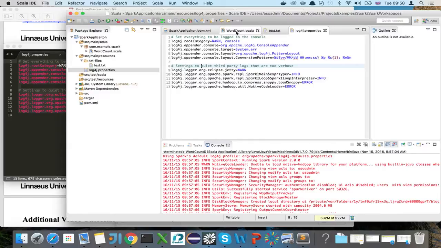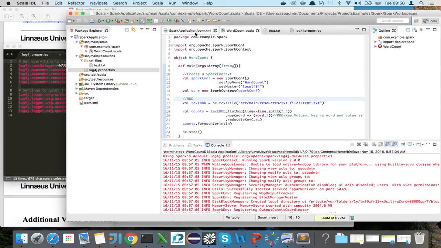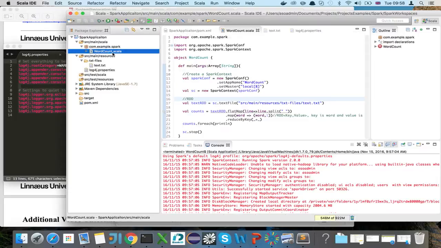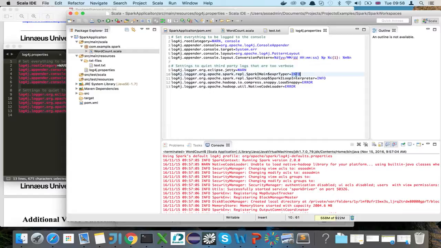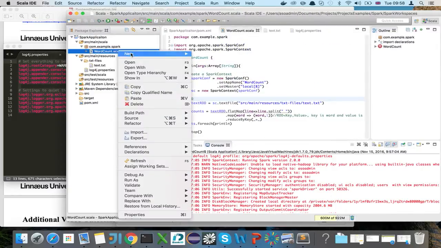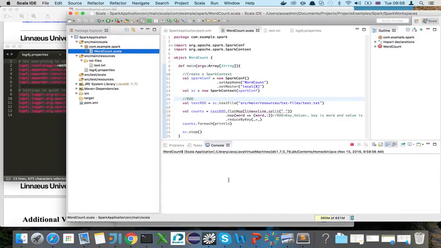Yes, and now we can try to run it again, and let's see. In this we can change info to error, showing only errors. We save it. We try to run it again. Let's see if it makes some influence or not. Yeah, so now we see only the output